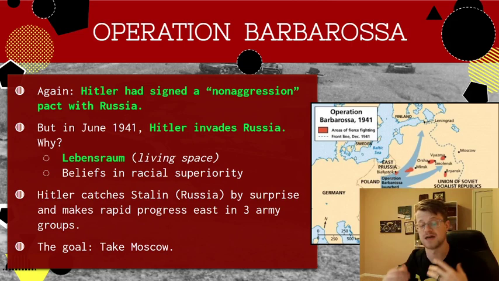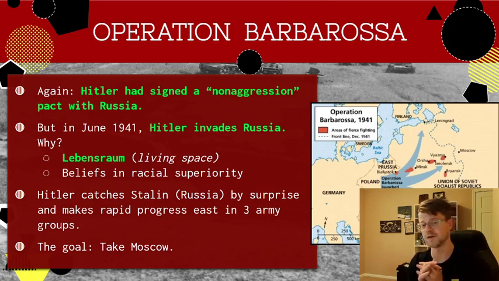So the first is that idea of Lebensraum, living space. And with that, there's kind of a racial tinge to it. Hitler and the Germans very, very strongly believe, you'll hear clips of it here in a second, that the Russian people, who are mostly ethnic Slavs, are just subhuman and lesser. And so there's a very, very heavy racial tinge here, as well as maybe he thought that Stalin was competition.